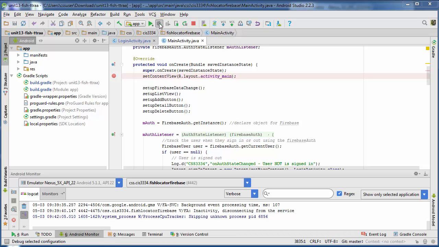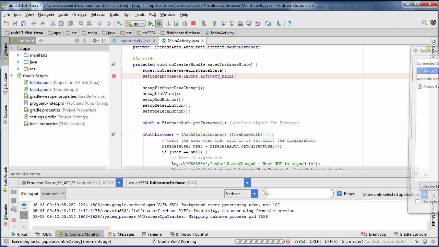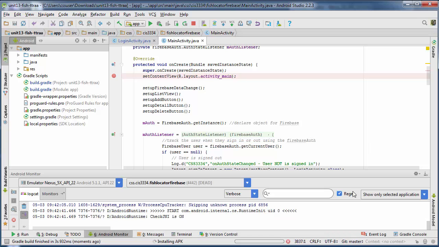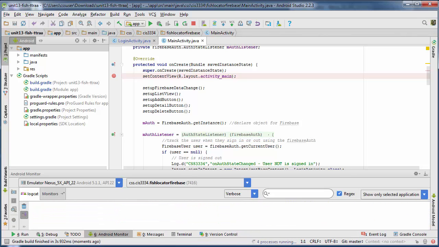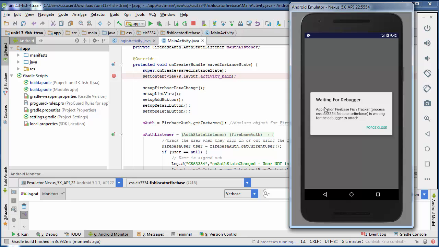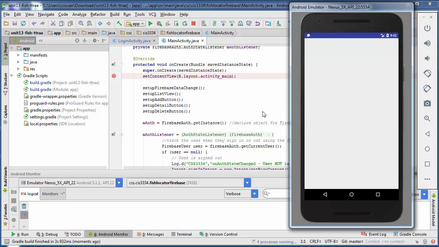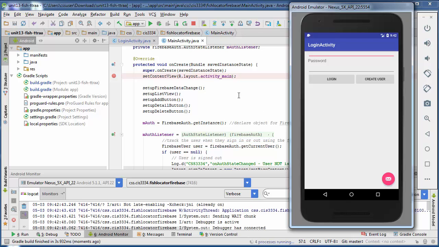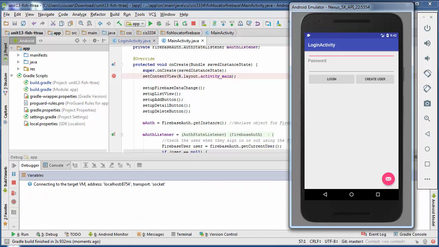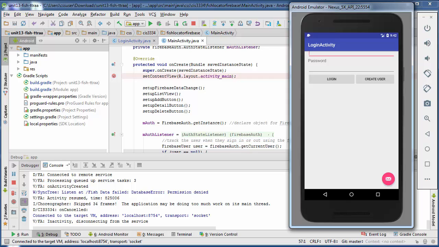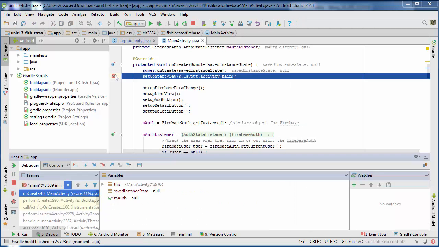Now this time I'm going to run it not in this mode, but I'm going to run it in debug mode. That'll put a little more debugging and will catch these breakpoints. I'm going to run this. And this works either with an emulator or with a physical device. Now the application will run. Here you'll see this waiting for debugger that has to set up a little bit of communication back and forth. So then it should come to this breakpoint and bring up this debugging window to help you walk through your